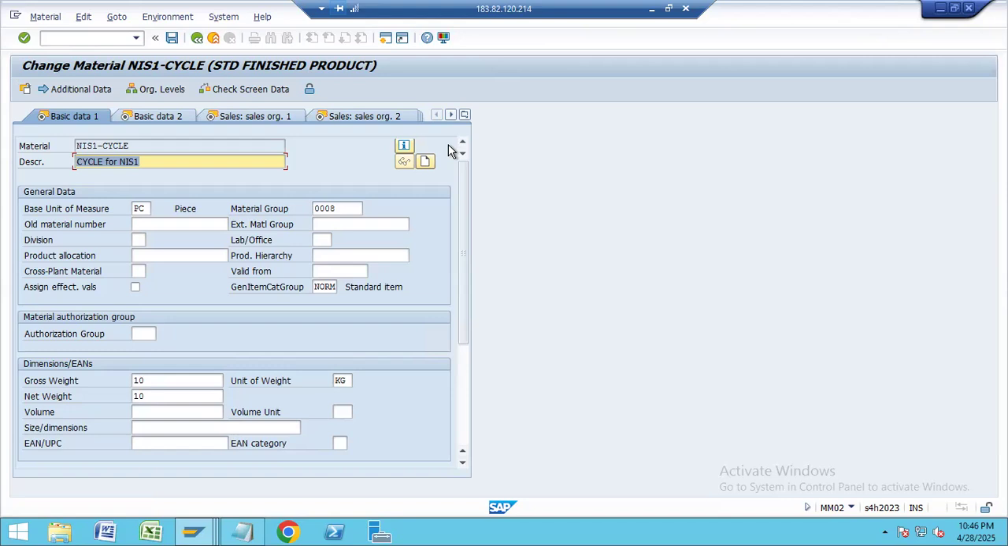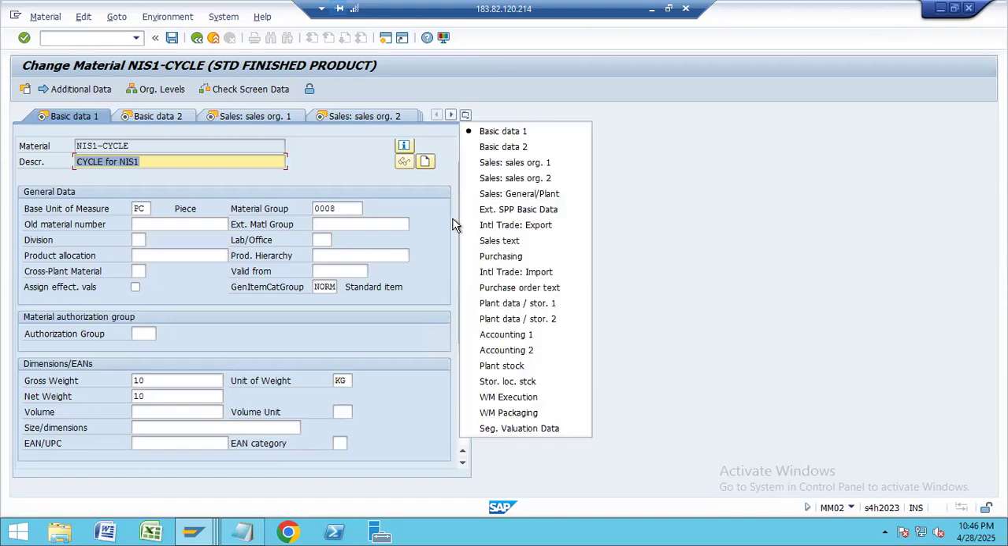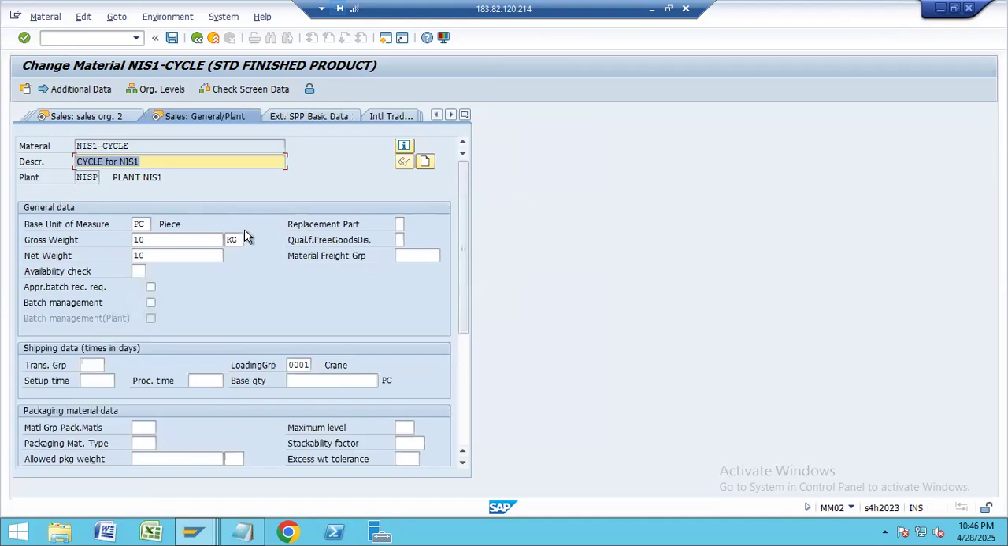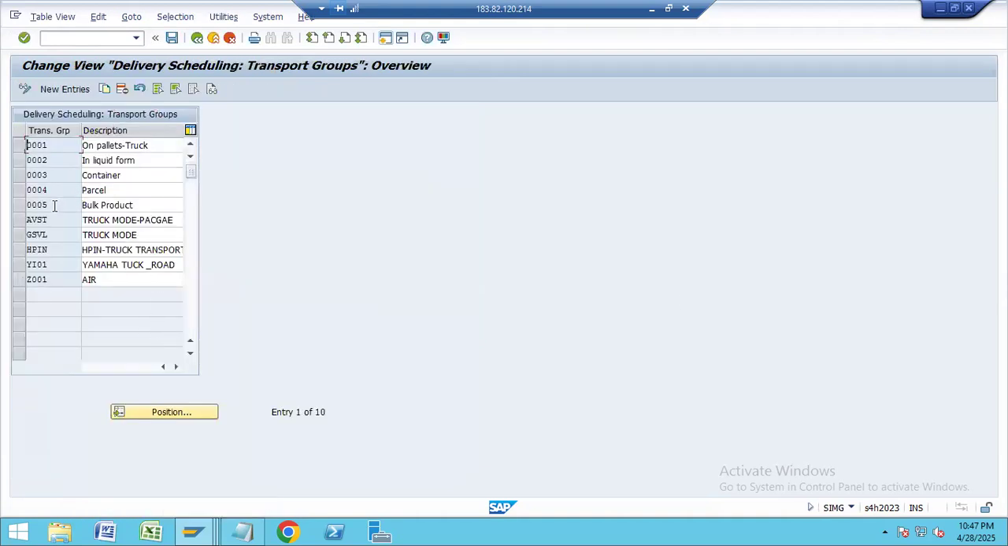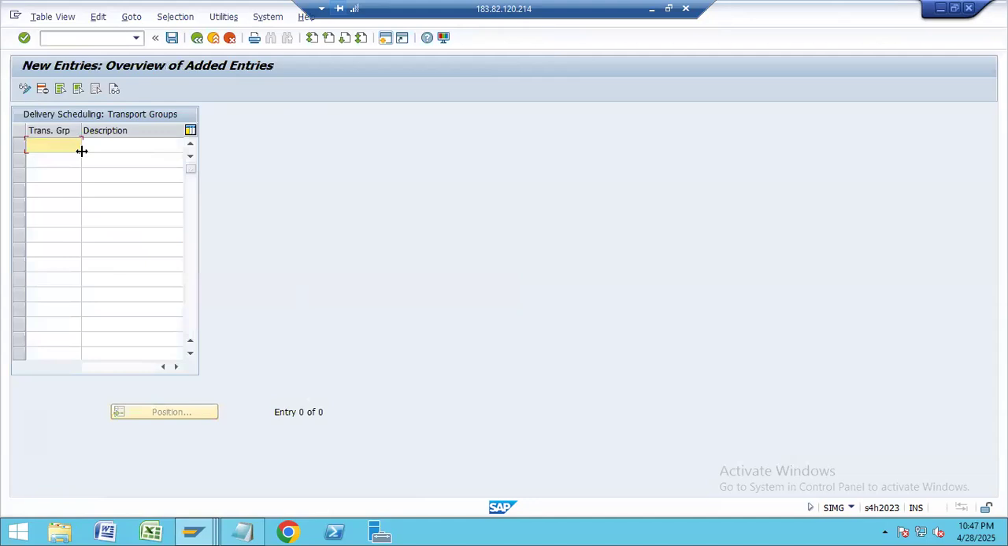So go for shipping plant, under here transportation zone. Okay, so here you can assign 0001 standard, or else you can create one also. If you want, you can go for new entries, give a nice